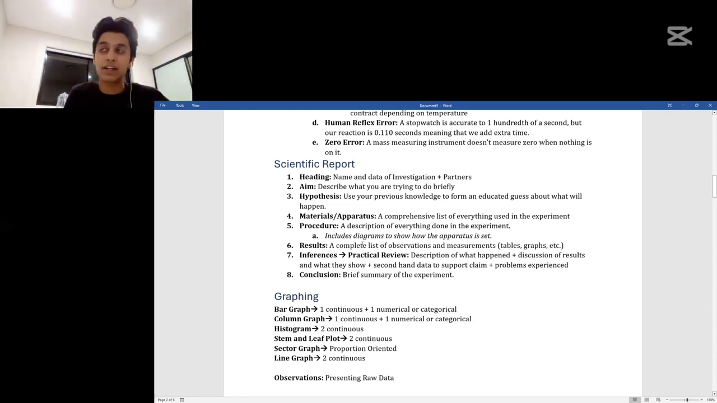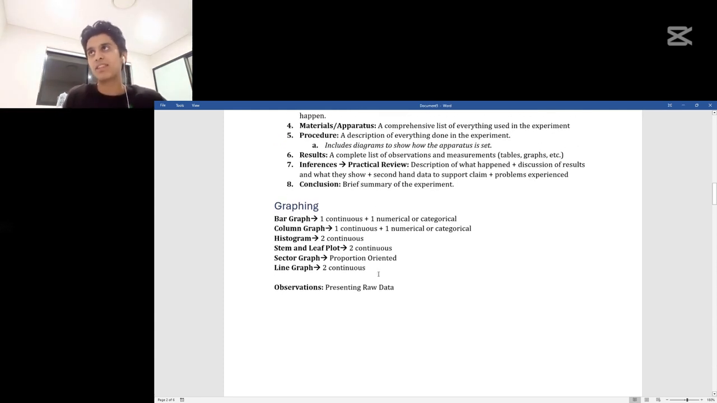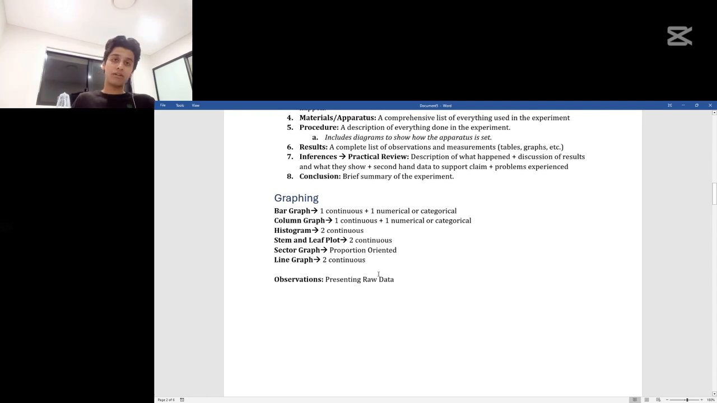Okay, conclusion, a brief summary of the experiment, just sum up everything. Okay, graphing. Now, the thing with graphing is that you want to use the right graph for your data. So the first type of graph is a bar graph. That is one continuous and one numerical piece of data. Column graph, which is one continuous and one numerical piece of data as well. Histogram, stem and leaf plots are both two continuous, and your sector graph is proportional oriented, and your line graph